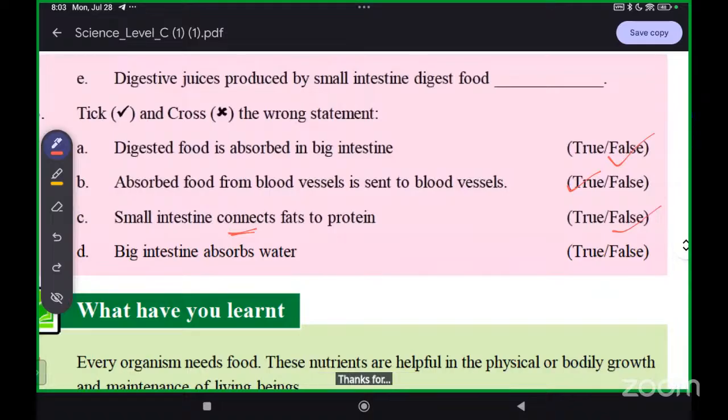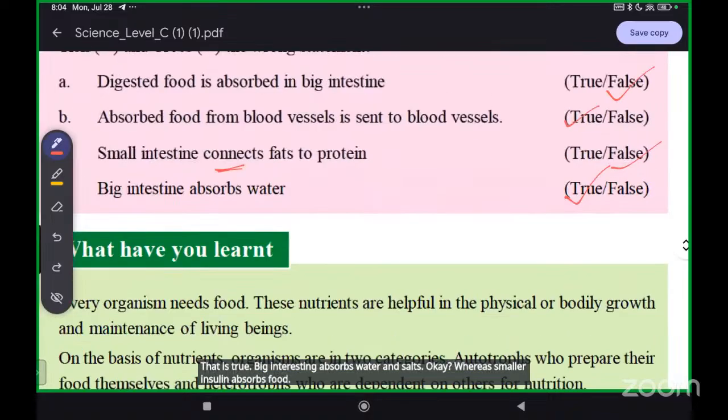Big intestine absorbs water. That is true. Big intestine absorbs water and salts. Okay. Whereas small intestine absorbs food. Now,